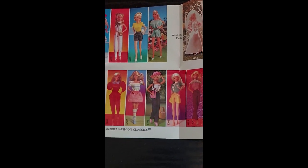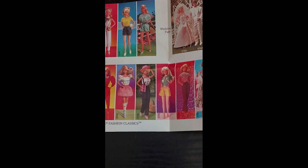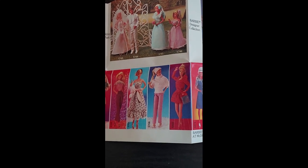Yeah, I had the stripy top and the mini skirt and the leg warmers there too. Very 80s. And you've got the wedding set, of course, wedding fashions. They came out with those every year. I love that